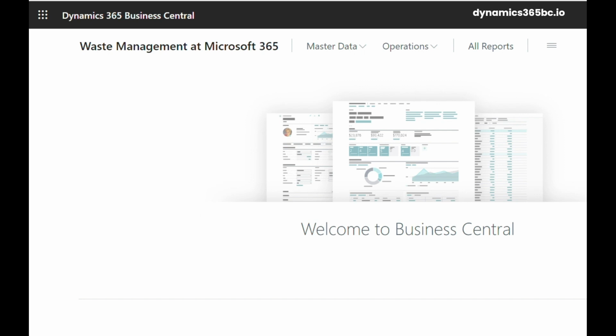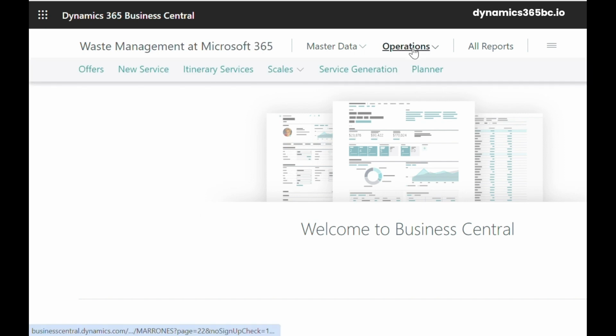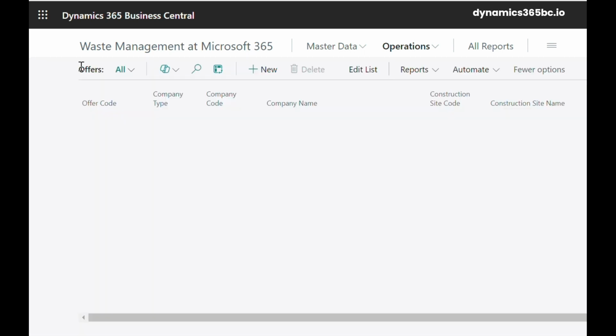Once the service registration has been generated, whether it is periodic or manual, a call has been made, or it is integrated via the web, an app, or whatever system it is already integrated with, we already have the service registered and the next thing to do is to organize them. As we can see here in operations, if we come to offers, this vertical here